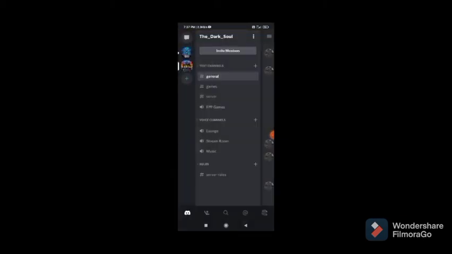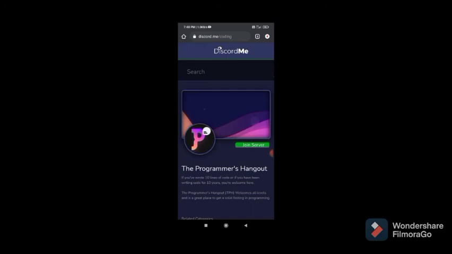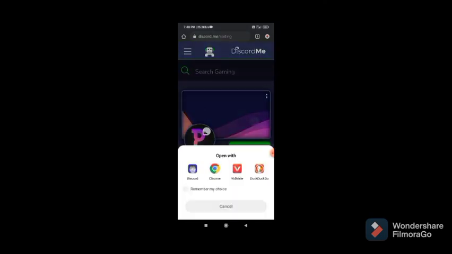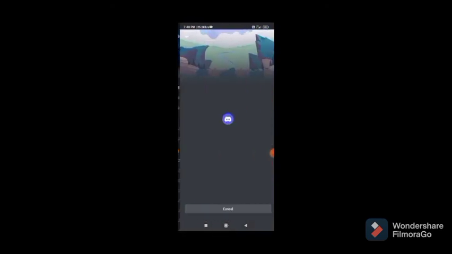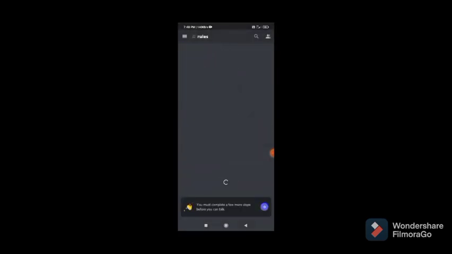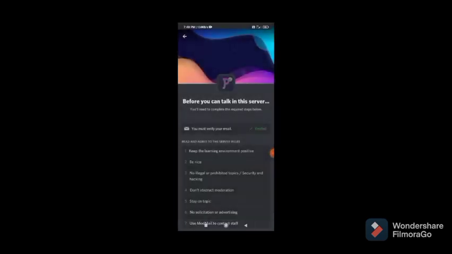Recently I searched for a programming server, and I got this and I just connected. A few of these servers want agreement for joining the server.